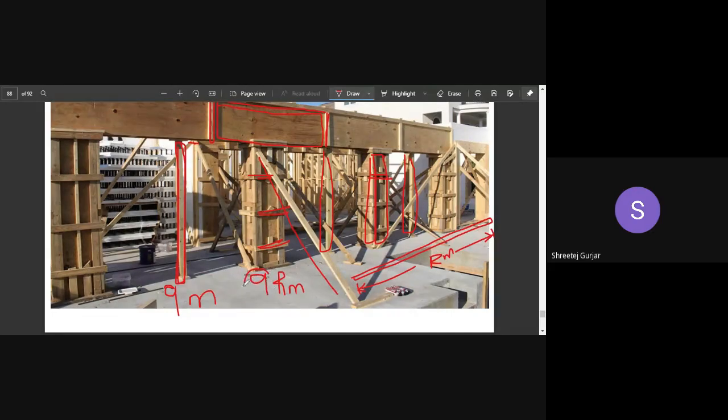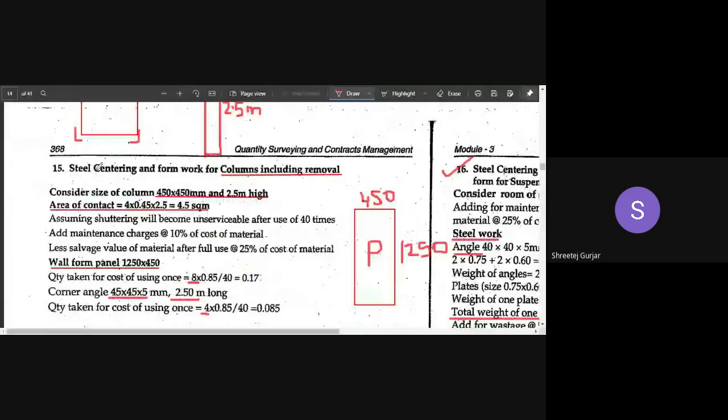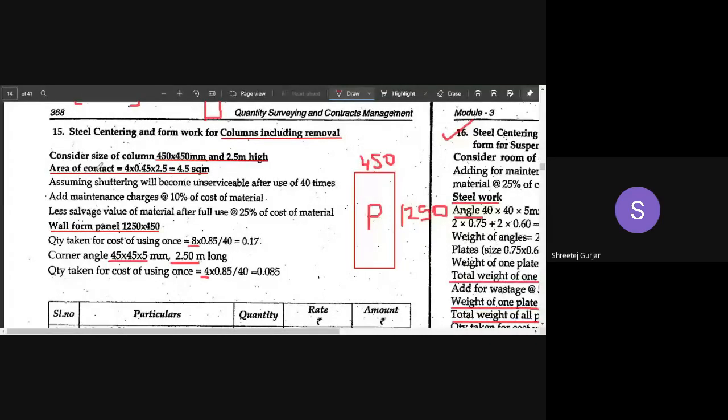9 here is the same. But whenever you are dealing with such elements, you order them in running meters. Or if you tell them in meters, they will understand, no problem. The numerical value is the same for running meters as well as meters. I hope you have understood this calculation for steel. Now we have understood for timber, we have understood for steel. Every other example will be the same, depending upon whether you are calculating for steel or timber.